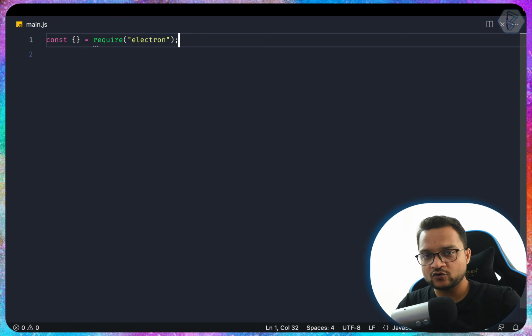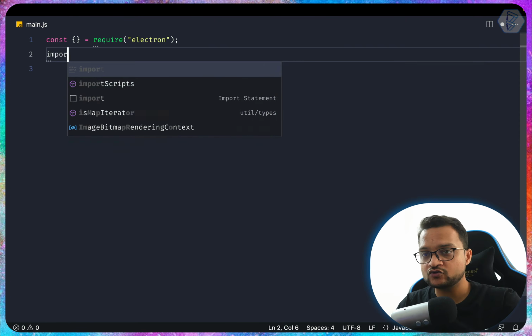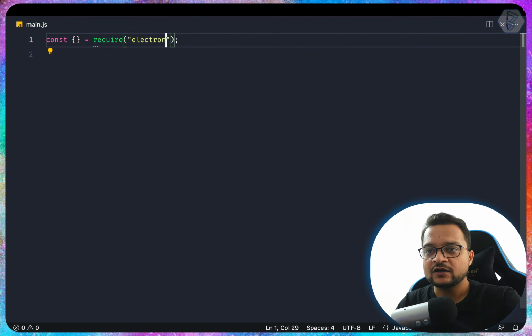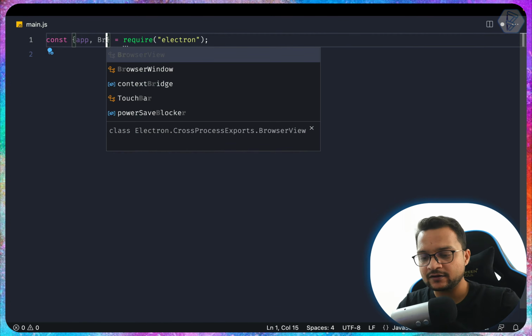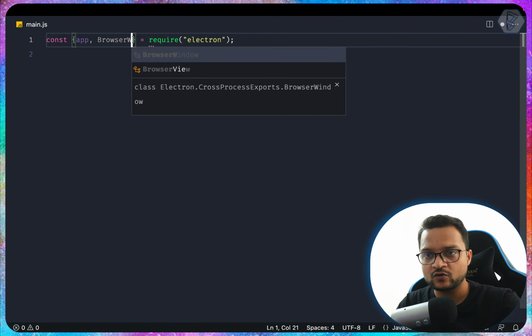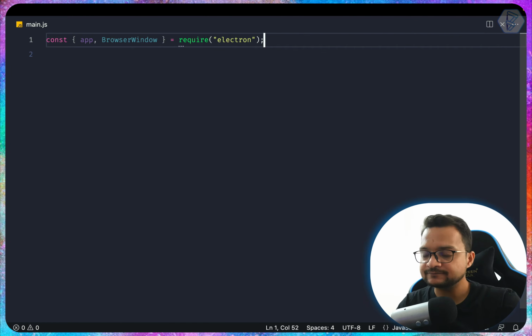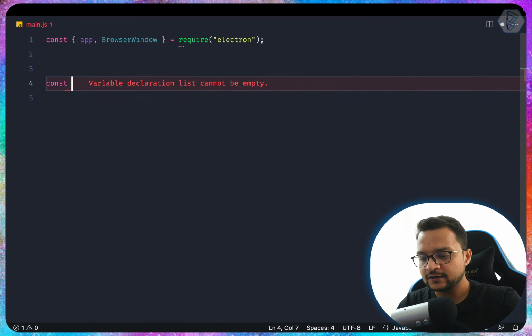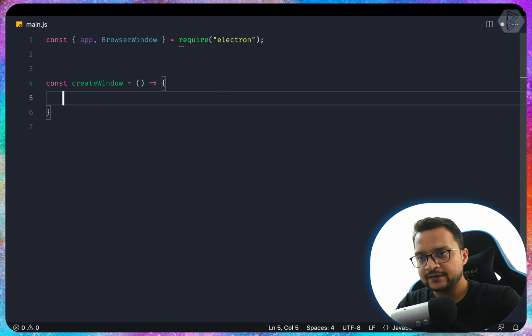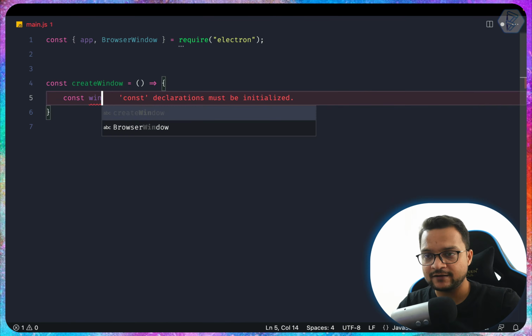So I'm using Node.js. This is a Node.js thing. I cannot do the import thing. It's CommonJS. So now from Electron, I'm going to import app and BrowserWindow, not the view, BrowserWindow. Okay. Now, since we have the app and the BrowserWindow, first I'm going to create a function called createWindow. This is an arrow function,